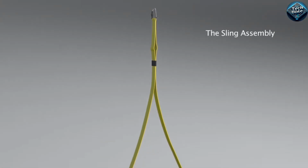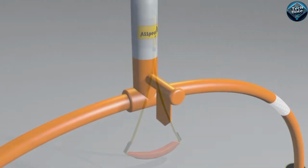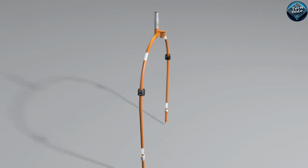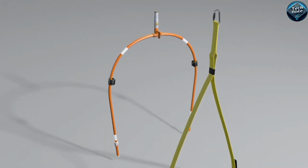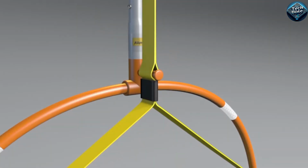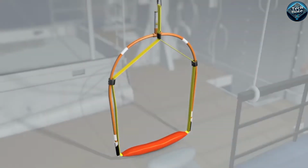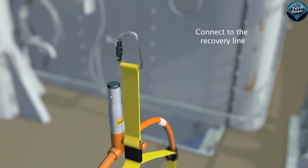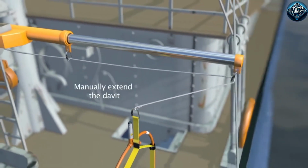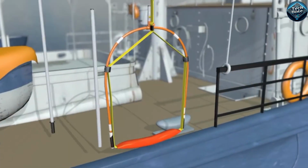Introducing the Rescue Sling, a life-saving gadget designed for emergency water rescues. This compact, lightweight device inflates instantly when thrown into the water, providing a buoyant sling that helps people stay afloat in dangerous situations. Whether you're at the beach, a pool, or on a boat, the Rescue Sling ensures you're always